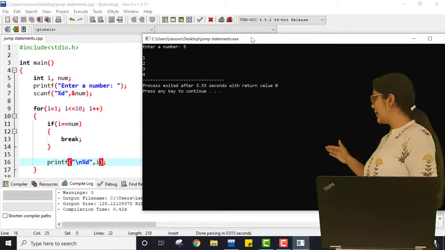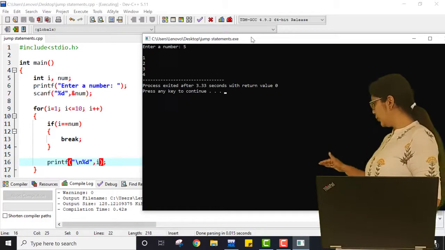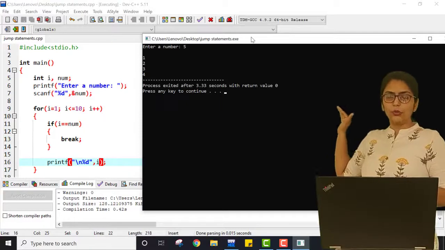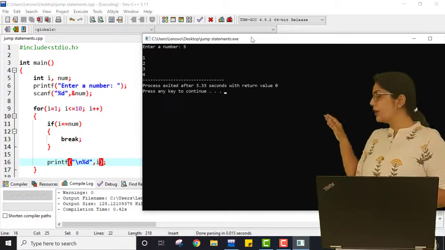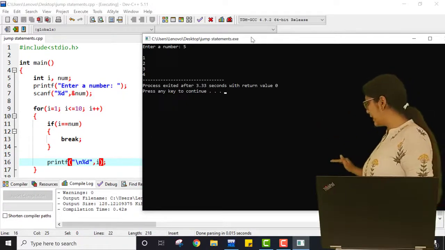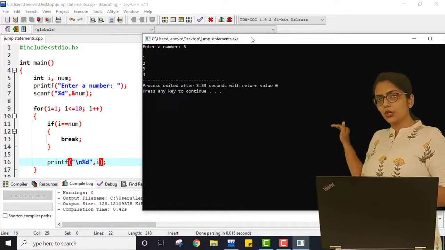Now the value of i will be incremented, so the new value of i becomes 2. Now it checks whether 2 is equal to the value entered by the user, but it is 5. 2 is not equal to 5, so it does not enter the conditional statement and will directly print the value of i. So now it is printing 2.